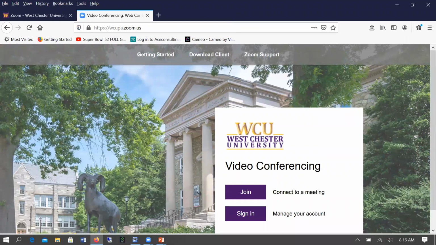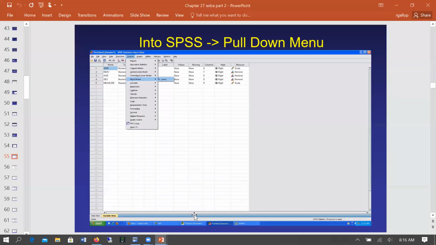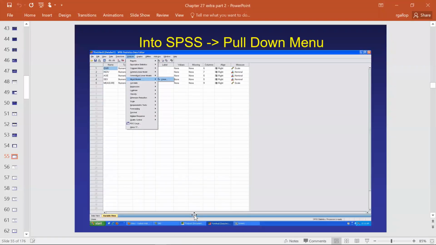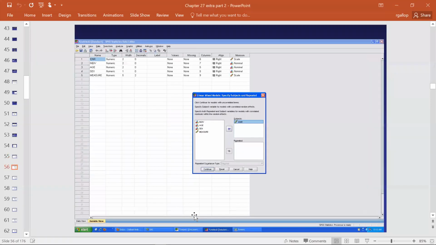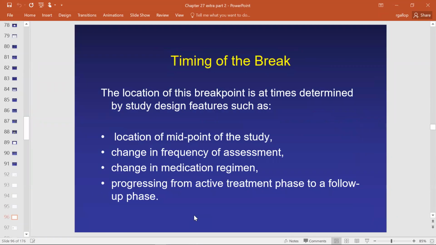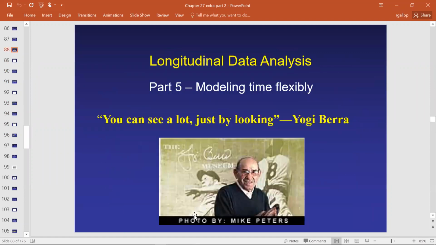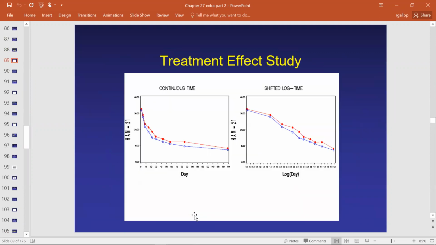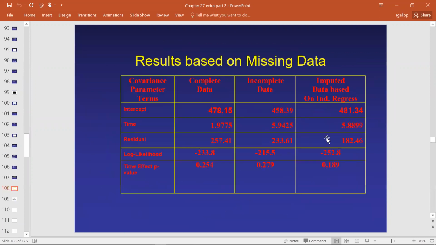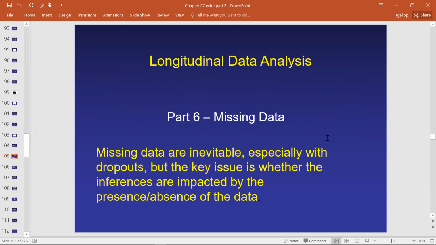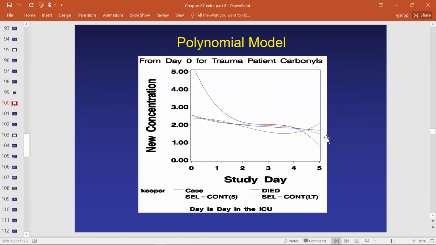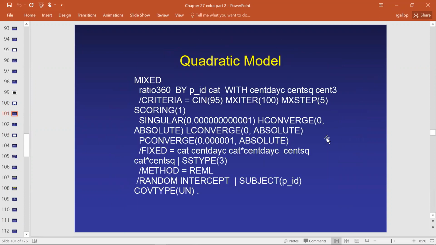But again, a lot of that can be pretty helpful as you guys move on. So again, you guys look at this. It goes through the HLM modeling framework, a lot of screen captures and how to do it in SPSS, and changing how to look at the models a little bit more flexibly, looking at data in terms of, instead of linear time, log change over time. Looking at the effect of polynomial models in this example,